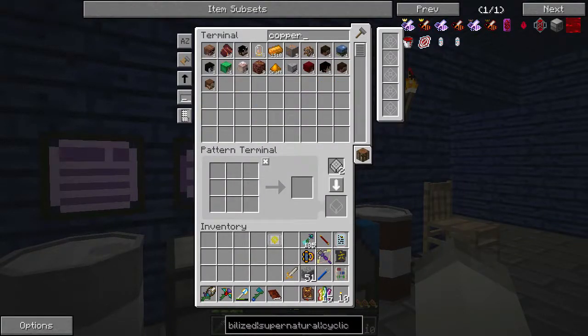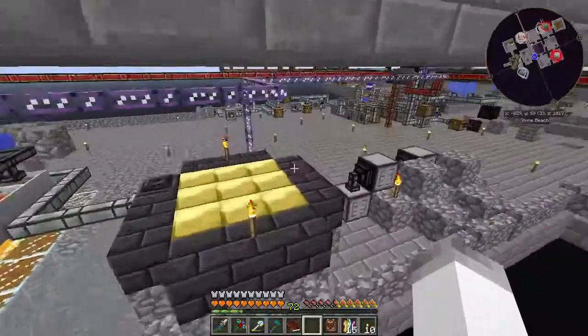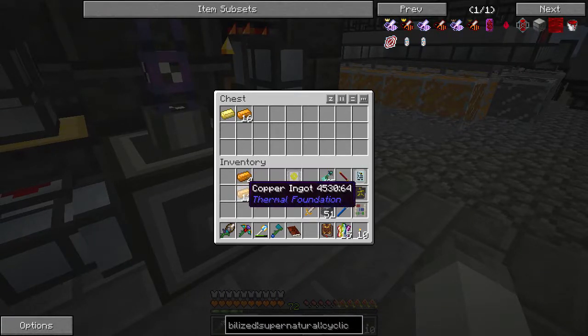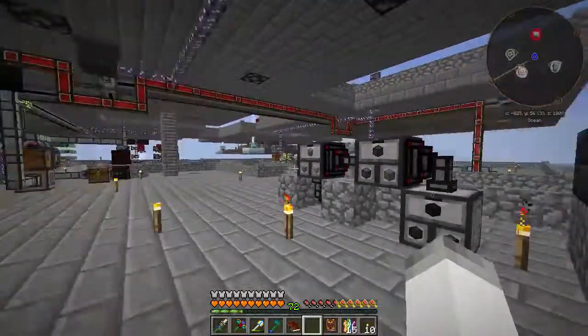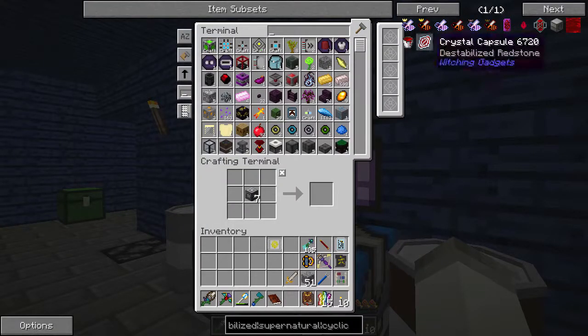Alright, so let's just get 4 copper. And it is a processing pattern. And we'll come down here to our little smeltery setup. And I guess just make half a stack's worth and we'll be good. So pretty much what we need to do is just get as much of this stuff